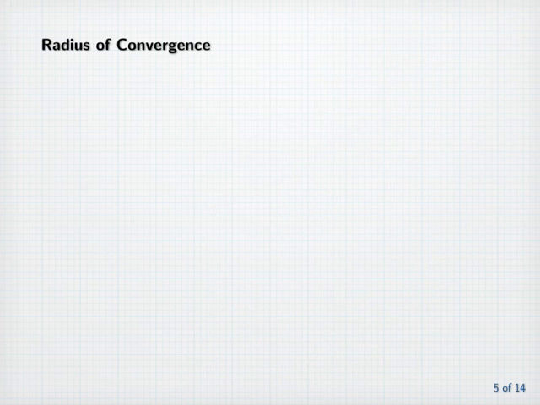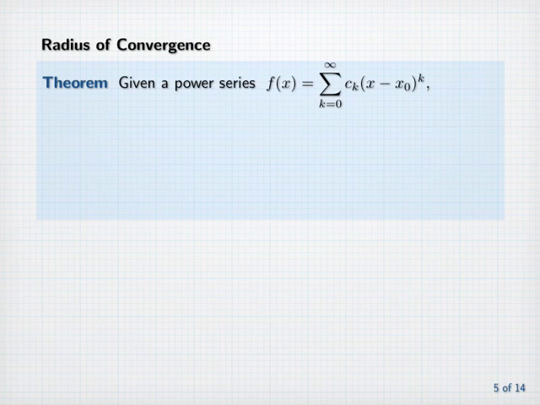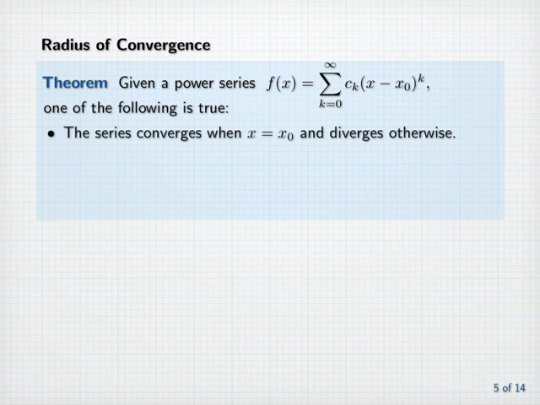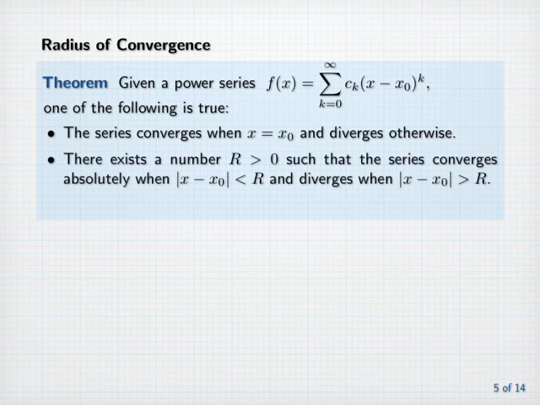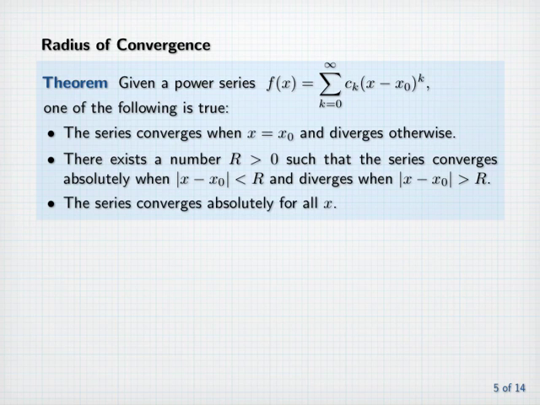Radius of convergence. Theorem. Given a power series f of x equal to the sum from k equals 0 to infinity of c sub k times x minus x naught to the kth power, one of the following is true. The series converges when x is equal to x naught and diverges otherwise, or there exists a number r greater than 0 such that the series converges absolutely when the absolute value of x minus x naught is less than r and diverges when the absolute value of x minus x naught is greater than r,